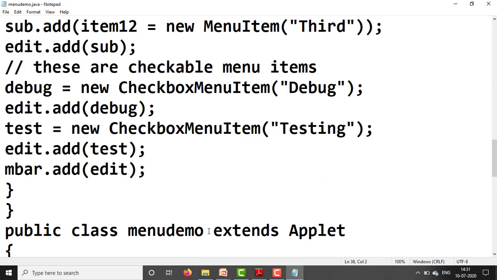Directly we cannot set the menu bar to the applet window, because the applet already has its own menu bar. Only the setMenuBar method is available to the frame window, so we need to use the frame here, frame programming.